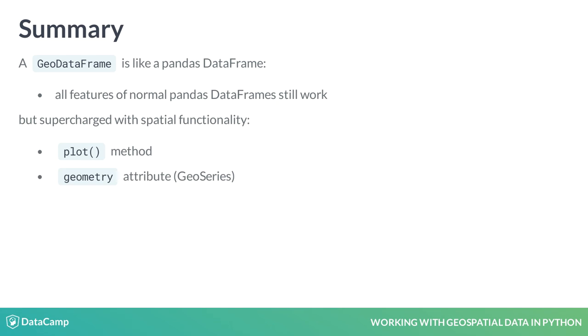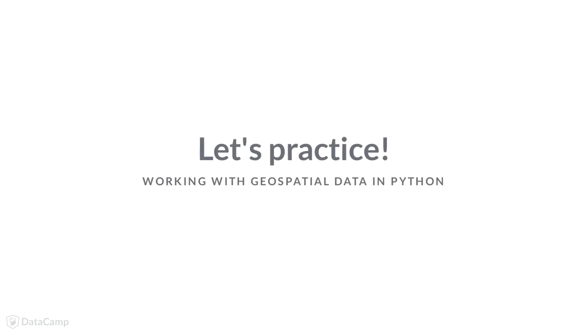And we have seen the geometry attribute, which returns a GeoSeries. Further, it has a lot of spatial-specific methods and attributes. We have already seen one example of this in the last slide, the area attribute. But we will see many more methods throughout the rest of this course. But enough talking. Let's get you started with some actual GeoPandas